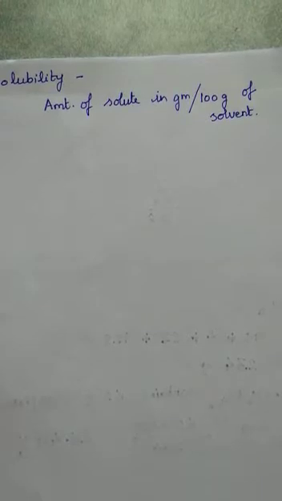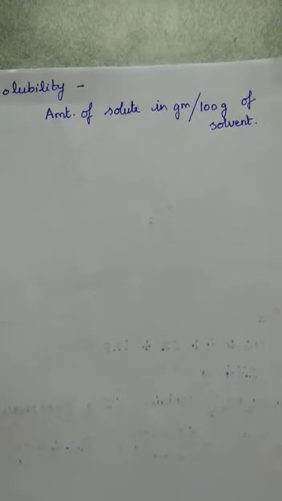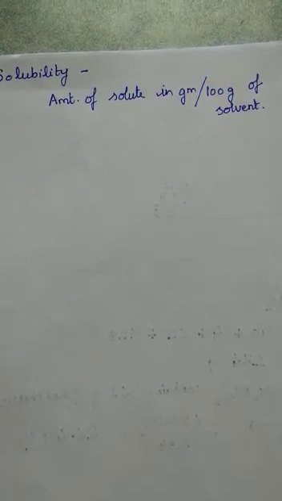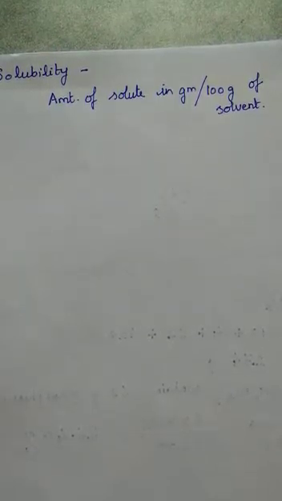Next we have to study about solubility. The solubility of a substance is the mass of the solute in grams which dissolves in 100 grams of solvent at a given temperature. That means we have to take the solvent fixed, 100 grams of solvent, and the temperature will remain whatever temperature you want to make the solution, and you have to go on dissolving the solute and see how much solute gets dissolved so as to make a saturated solution at that temperature. That is called the solubility of a substance.